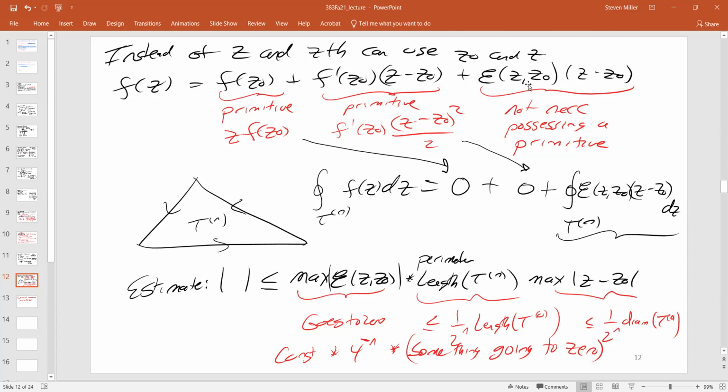If the function was differentiable, what could you tell me about the size of the error? It would have to be z minus z naught. Because the next term would be a z minus z naught squared. So if my function was differentiable, the next piece should be something like a z minus z naught squared. So I would expect this term, not only is it going to 0, it's going to 0 at least as fast as z minus z naught.